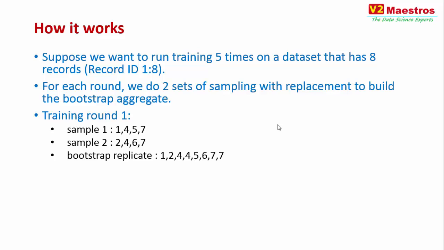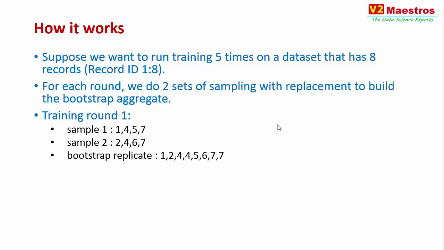Let's say for training round 1, the record IDs for these records are 1 to 8. So when you do sampling round 1, you select 1, 4, 5, 7. When you do sampling round 2, you select 2, 4, 6, 7. So the same rows can occur again because you are doing sampling with replacement. You sample and replace it back in the original data set, so you might get the same values back. And then you put sample 1 and sample 2 together to create what is called the bootstrap replicate. As you can see, some of the samples are repeated. Row 4 is repeated, and row 7 is repeated,